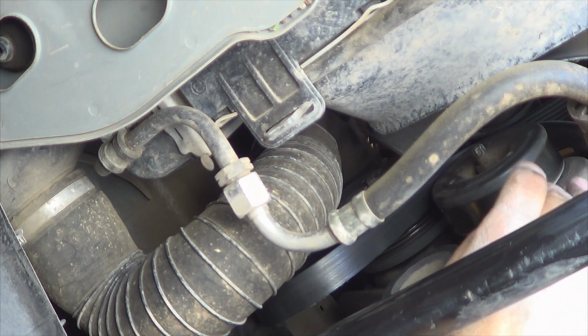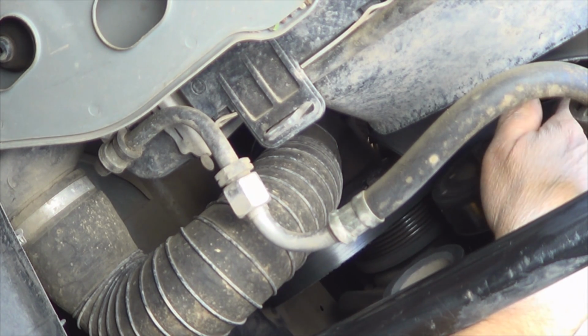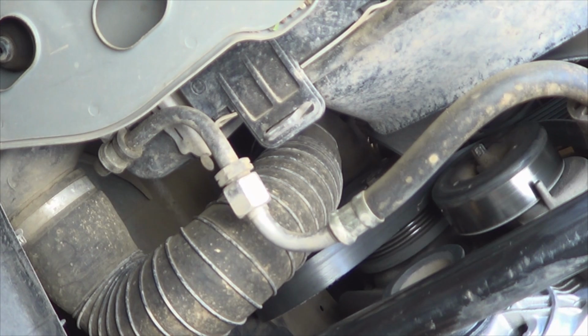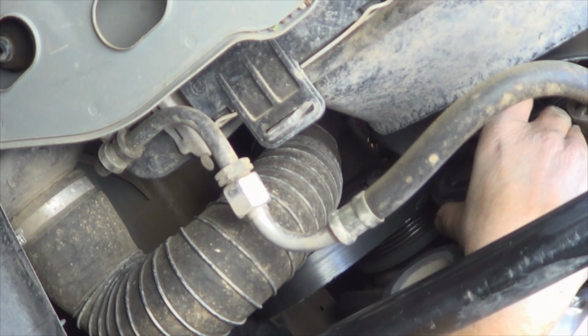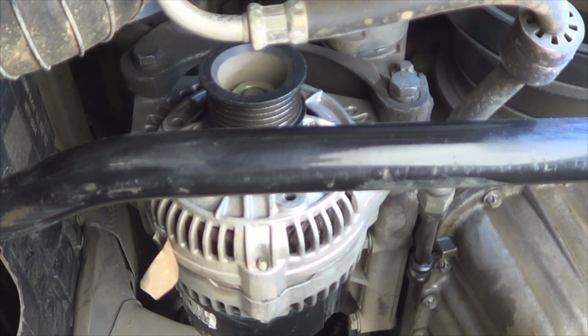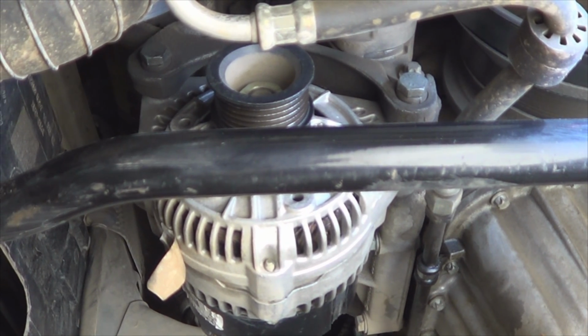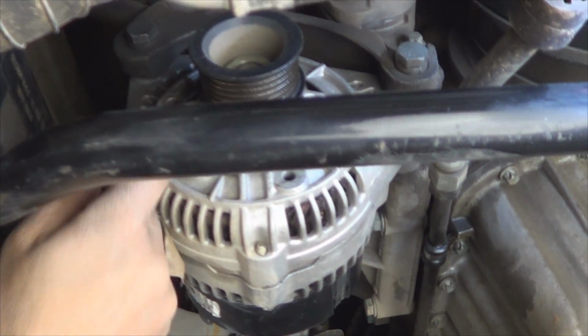Same thing with the tensioner pulley. If you spin it and it's noisy, if the bearing is noisy, good time to replace it. Or if the tensioner has any play of any kind, this one right now is still in good shape. Once you're done disconnecting the cables and detaching the belt from the alternator, you're going to remove this bolt